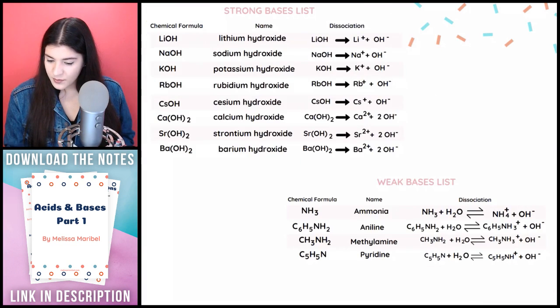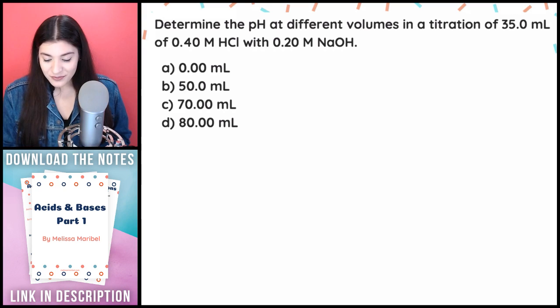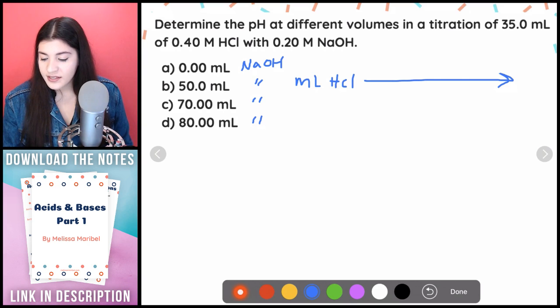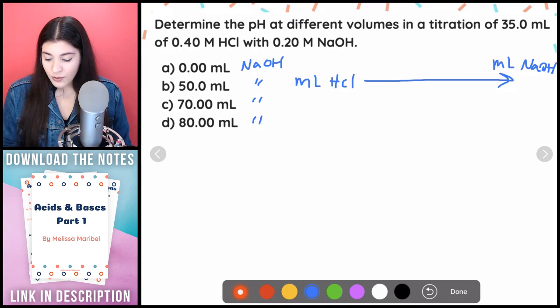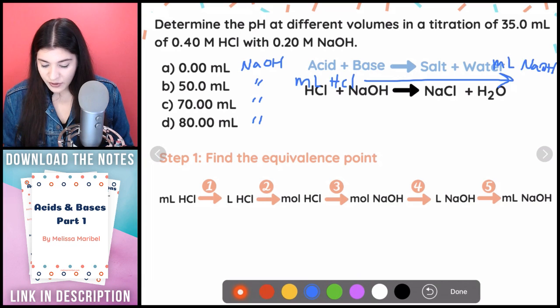All right, let me speed this process up. There we go. Okay, so this is going to be stoichiometry again. What we're going to do is go from the milliliters of our acid, so HCl, and then we're going to make our way, and there are going to be several different things that we have to go along with this, and we're going to make our way to milliliters of our base because that's what we're trying to get to. We're trying to see where our equivalence point is. So here's our plan. And before I get to that, this is going to be our overall plan, okay? This long list, because we're going from our milliliters to our milliliters of our base. All right, and let me see if I can erase some of this.